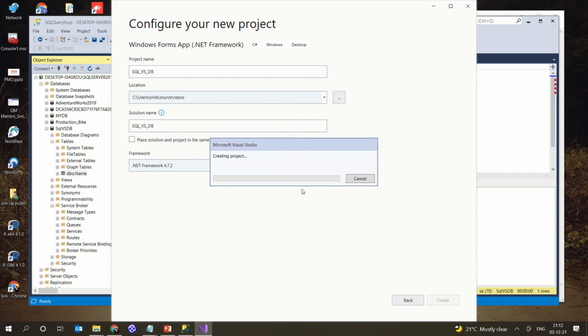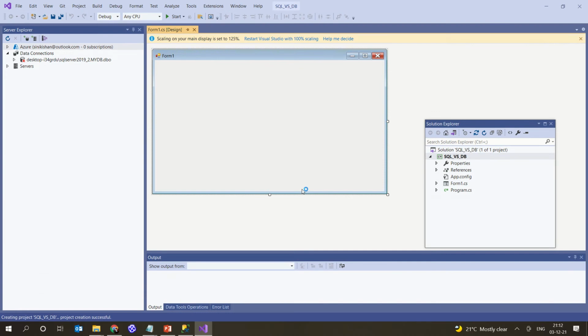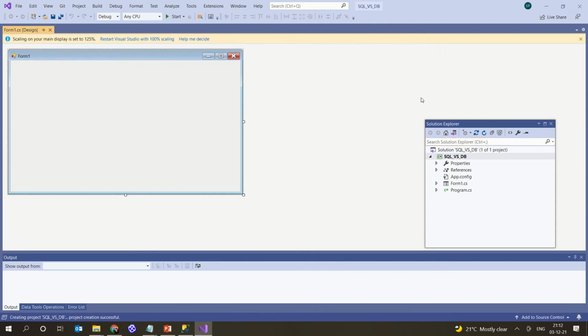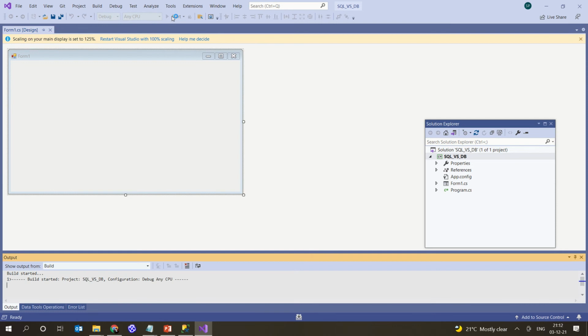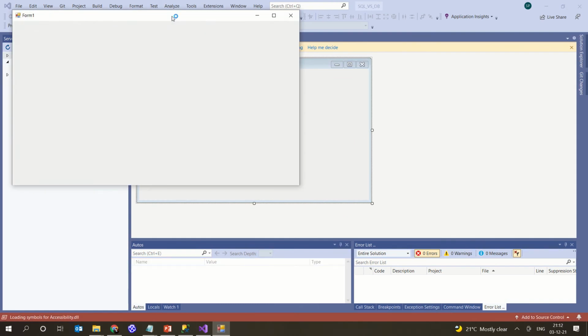So the Visual Studio project with the basic form in the .NET Framework is getting generated. This is your basic form which you know already. When you run this, it will simply give you the basic form. So it's working properly.